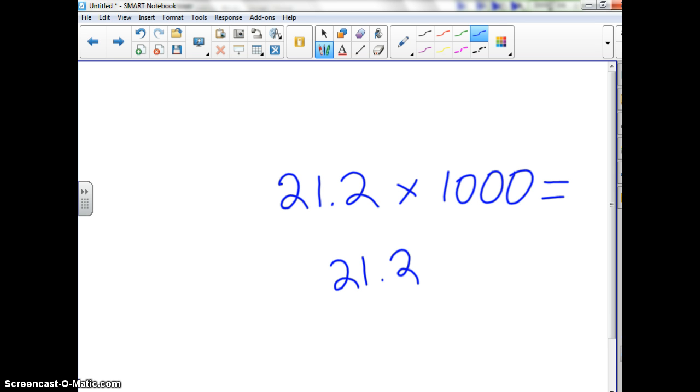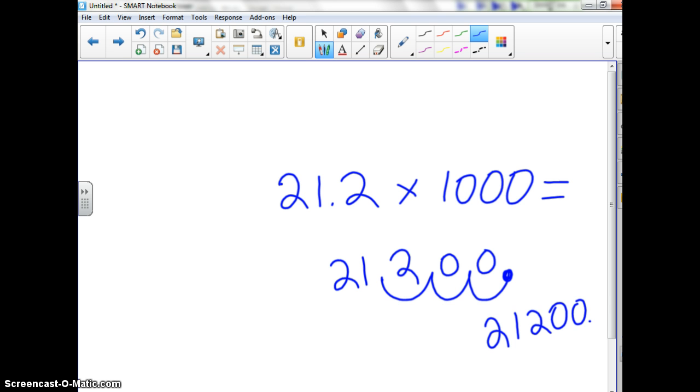Okay, here goes. Aiden, how many zeros? 3. I'm going to move mine 3 spots. 1, 2, 3. Make it nice and big. Fill in how many empty spots? 2 empty spots. So my final answer is